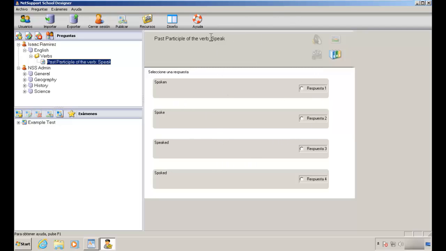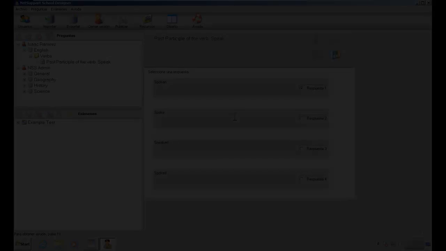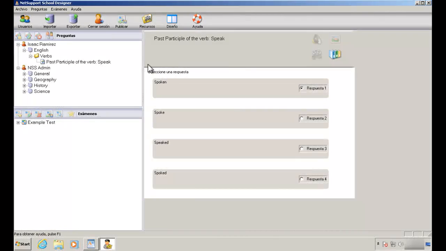So the student will see the question like this preview that we have here. So this is the question, past participle of the verb speak. So the student needs to choose from these 4 options. Okay, so this is how to create a multiple option question. Now let's create a second question